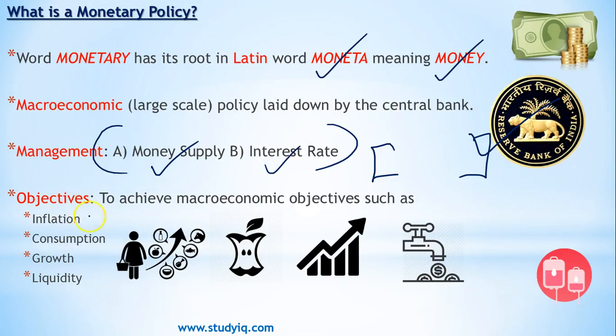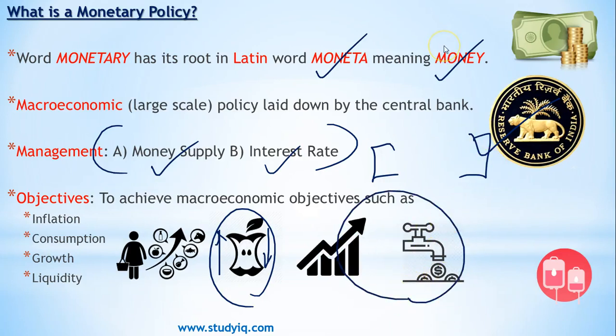The other thing is consumption, whether the consumption is going up or going down. And consumption is not just about fruits. You can take anything, whether people are buying cars or not, whether people are buying new houses or not, et cetera. Also, one of the macroeconomic objectives is to see that the economy is growing rather than collapsing,